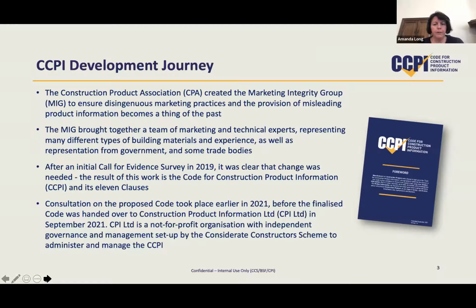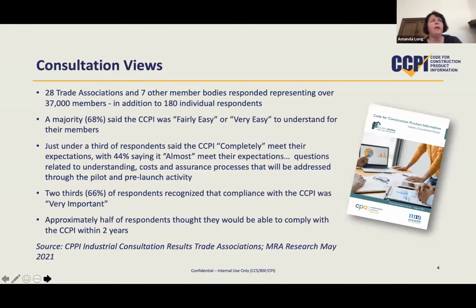So they handed over the finalised code to us, and we set up construction product information. We are about to bring in an independent chair and our board, so that we can manage and administer it going forward. And it does have the benefit, because it sits alongside as a sister scheme to Consider It Constructor scheme, of being able to use this sort of economy of scale that we have. So that was the sort of journey that they went on, and their consultation that they did with the industry